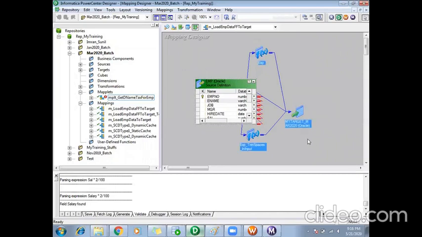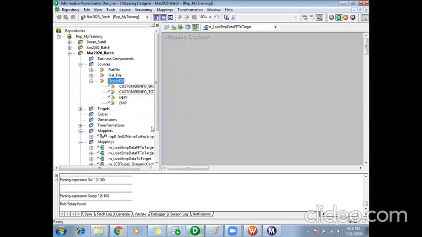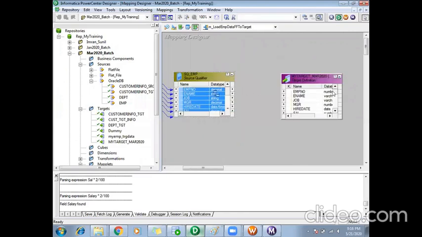Then how can I reuse it in my mapping? Let me go back to my mapping and create a fresh one. What is my source here now?